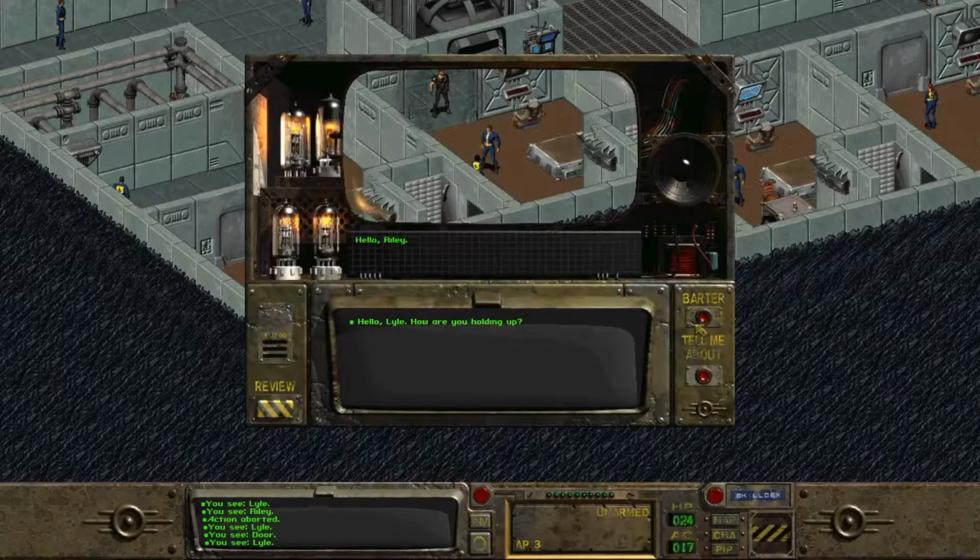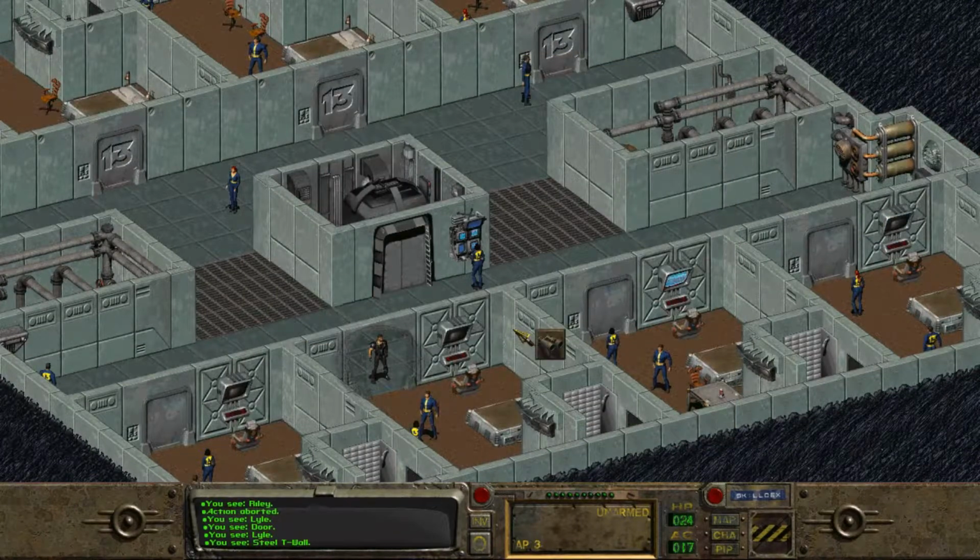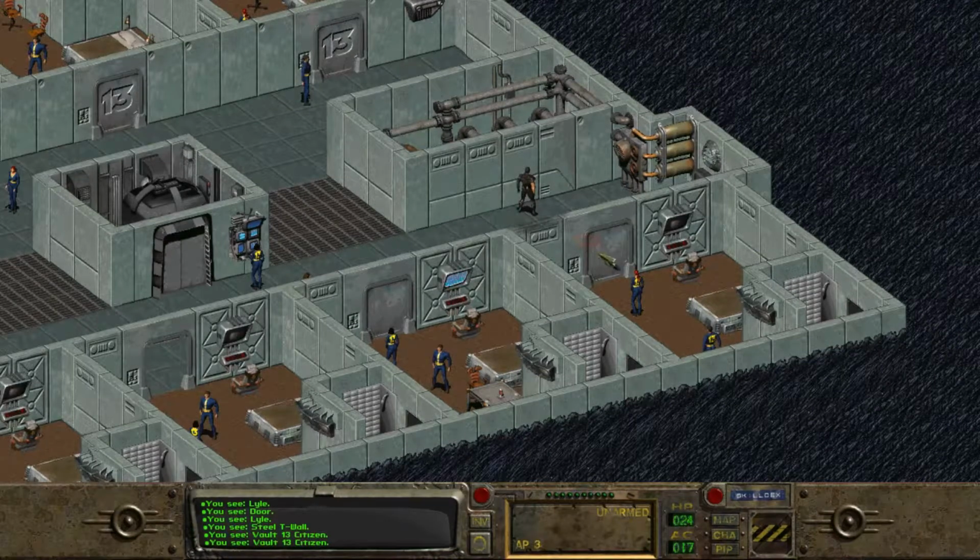Okay, that's okay. Lyle is part of this person won't barter with me. Well, I guess that makes sense. They wouldn't have caps in the vault. Lyle is part of a later quest, though, that I might be able to find...